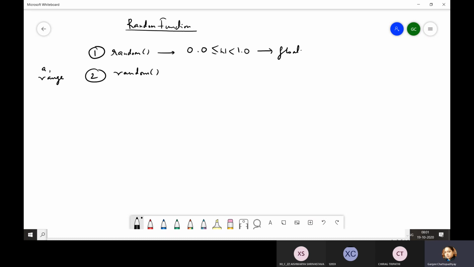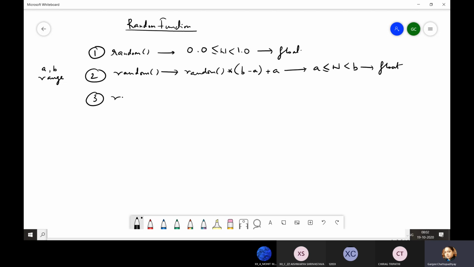If you have A and B as the range, where A is the lower limit and B is the upper limit, it would be random multiplied by B minus A, plus A. Here A was inclusive but B was not inclusive, and the number returned was a floating point number.